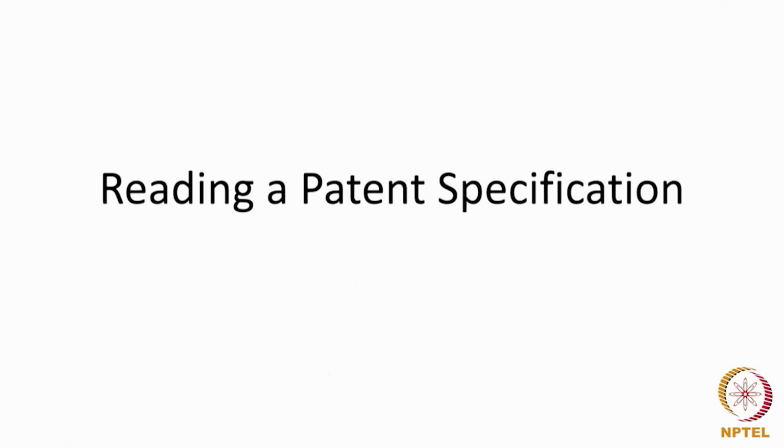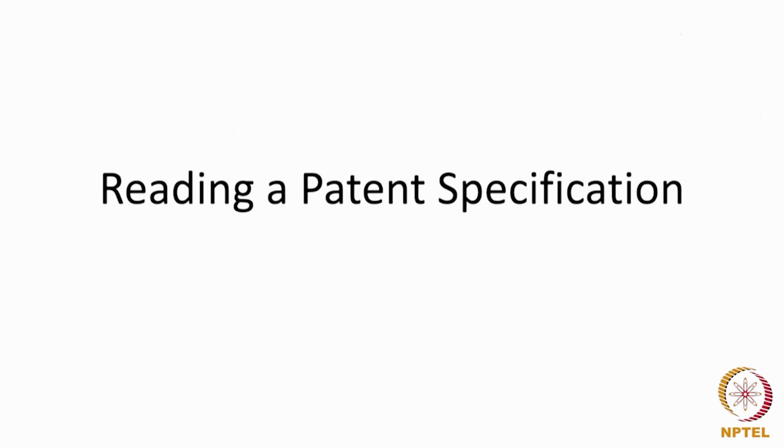Reading a patent specification. We had already seen the structure of the patent specification, that there is a title, abstract, description, claim. We had seen the format normally filed in the US Patent Office, and we had also seen an Indian patent specification. Now, having known the structure, it should be much easier for us to read the